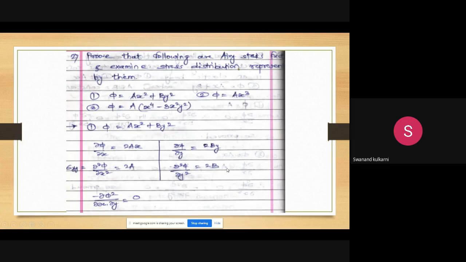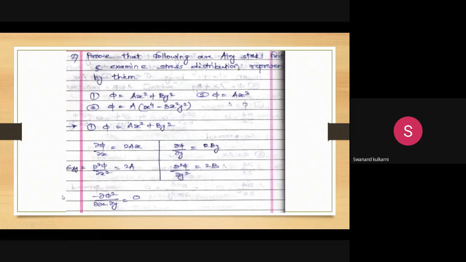So what is dou 2 phi by dou y2? Manoj Kharat. Dou 2 phi by dou y2. Sigma x. Very good. So dou 2 phi by dou y2 is nothing but sigma xx,